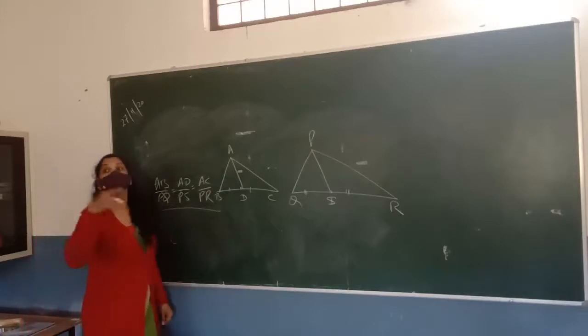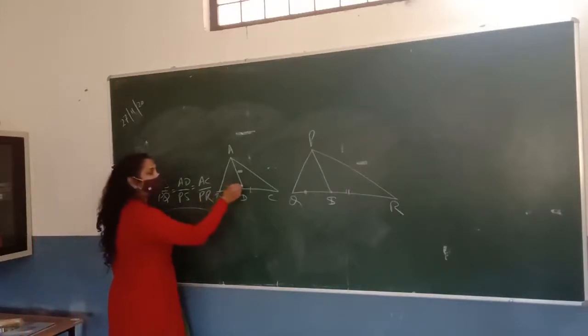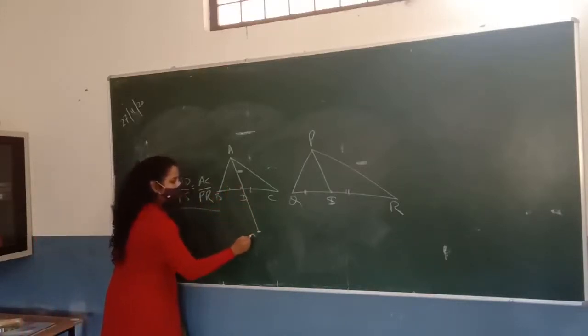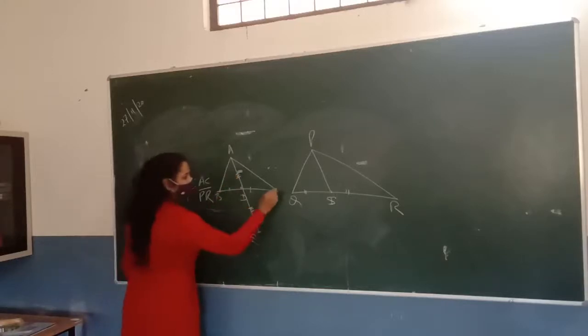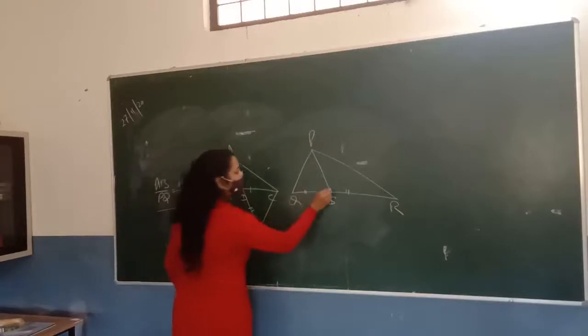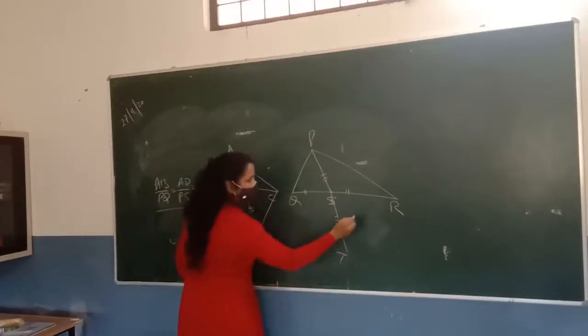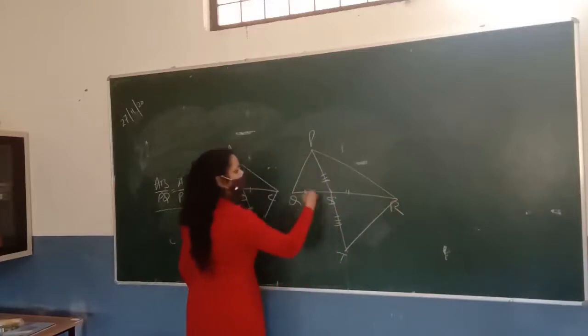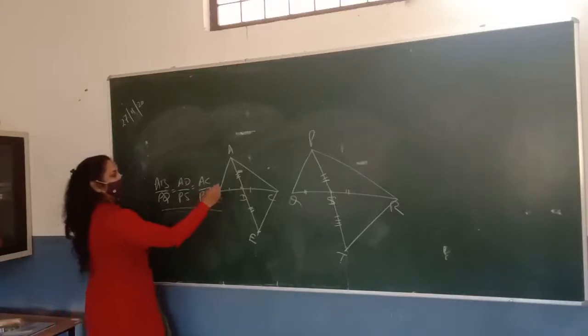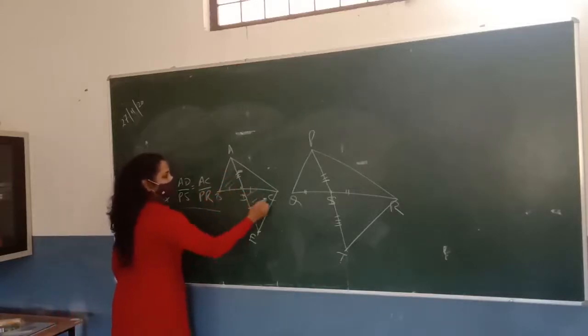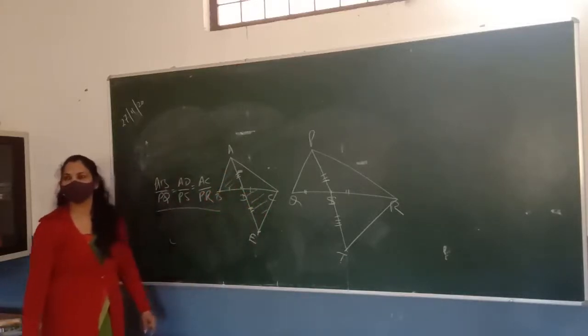Okay. We will say reduce AD to the point E such that AD is equal to DE. And same as, join this one. And same as, reduce this line to the point T such that these lines are equal to one another. Okay. Now we consider triangle A. This triangle and this triangle, will you prove them congruent? Good.